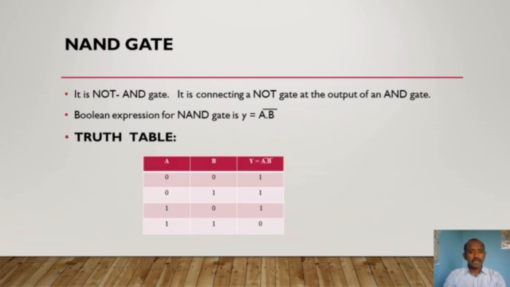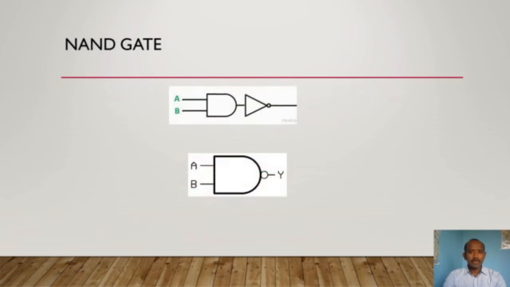And then the NAND gate. It is a NOT AND gate. It is a NOT gate connected with the AND gate. It is a simple structure. In the first diagram, A and B are the inputs, and we have drawn the AND gate symbol and the NOT gate symbol. By adding both the AND gate and the NOT gate, we get the next diagram, where A and B are the inputs and Y is the output, and in front of the AND gate we have a circle. That represents the inverter, or the NOT gate.